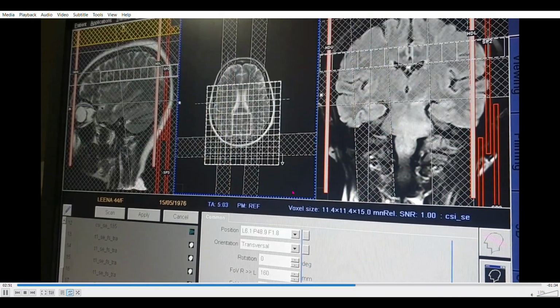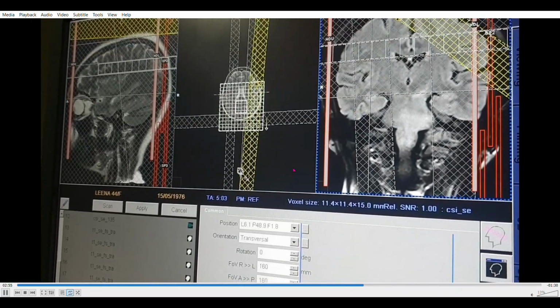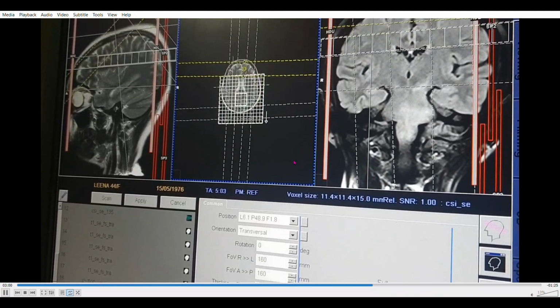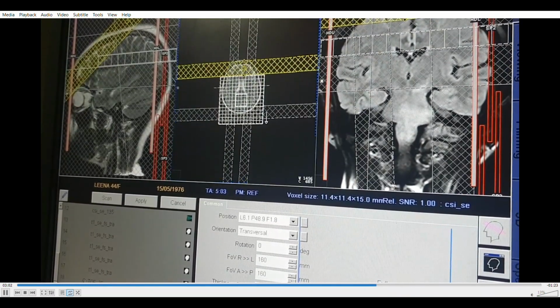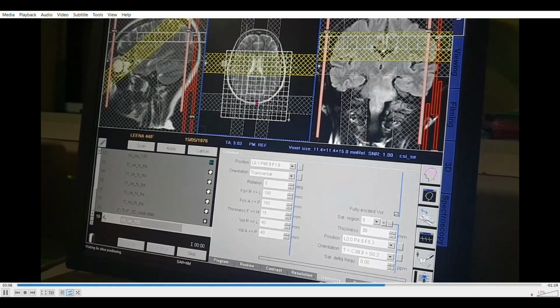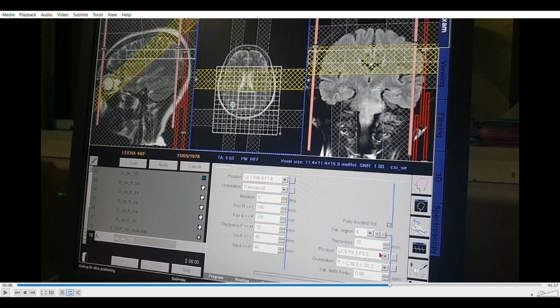This is similar to what you call saturation sequences in morphological imaging elsewhere. The only thing is we are applying the bands here using the same technology. So we are now applying the bands to all other areas. So right now you can see he has applied a total of 6 bands.